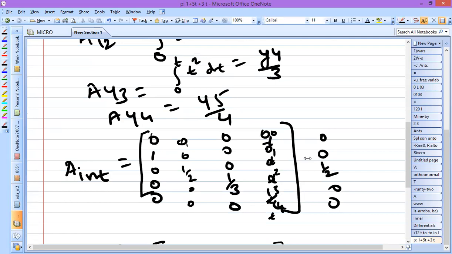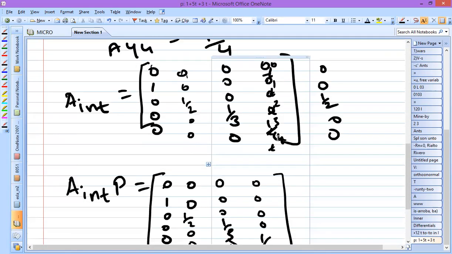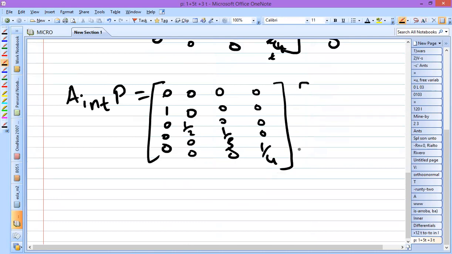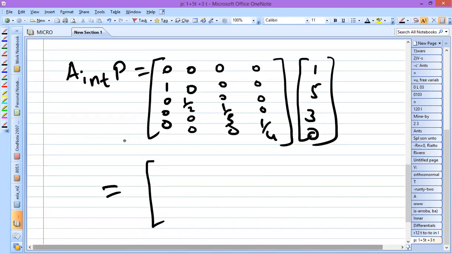P coefficients are, what is the P equation that has been given? 1, 5, 3. So here we have the elements 1, 5, 3 and the t cube below, so here it is 0. Multiply and tell me the answer, what you get. The first element will be 0 because the first two elements are 0. So even if you multiply, it will result in the value 0. The next one is 1. Next, it will be resulting in 5 by 2. And next, it will be resulting in how much?